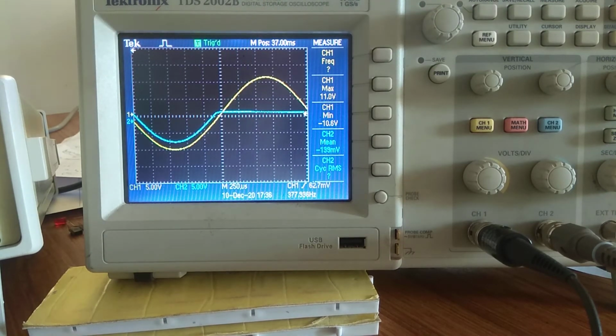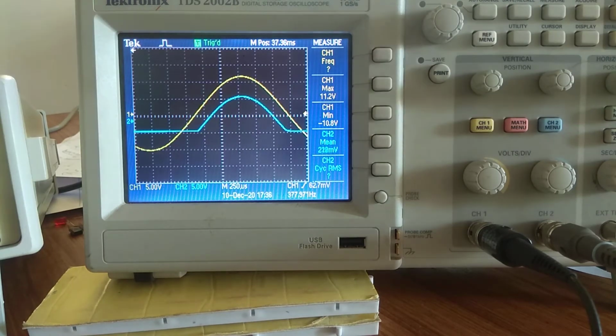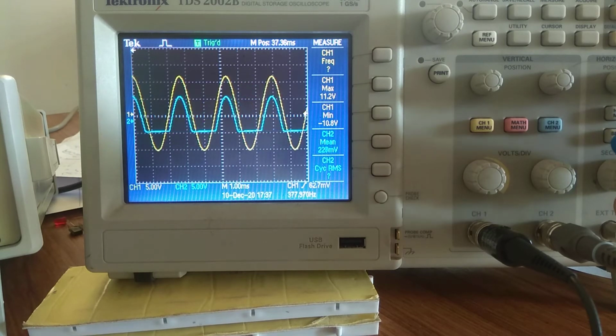Now if it is in positive, because I have explained in the positive, let me connect to positive. Now if you see, this is the exact output. It is taking some time to reach 0.7, and only then our output starts. And again, when the input was 0.7, here you are getting the 0. This is the exact output that we will get. But at high frequency, we neglect all this.